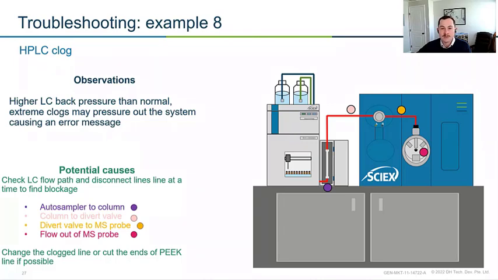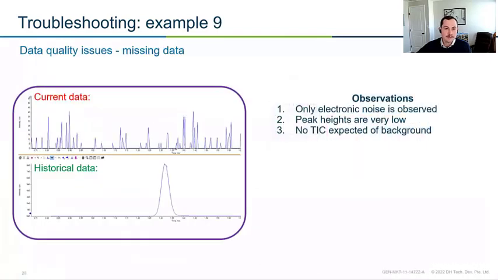And as you move your way up the line, eventually when you remove a piece of tubing, that pressure will drop. And when it does, you've isolated the problem. You can go ahead and replace that piece of tubing and see if your pressure is in a normal range or if there's more tubing that needs replaced. But pretty simple